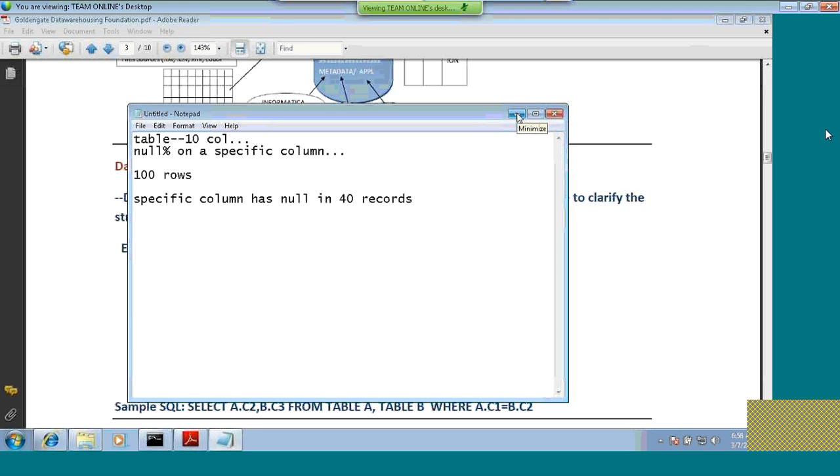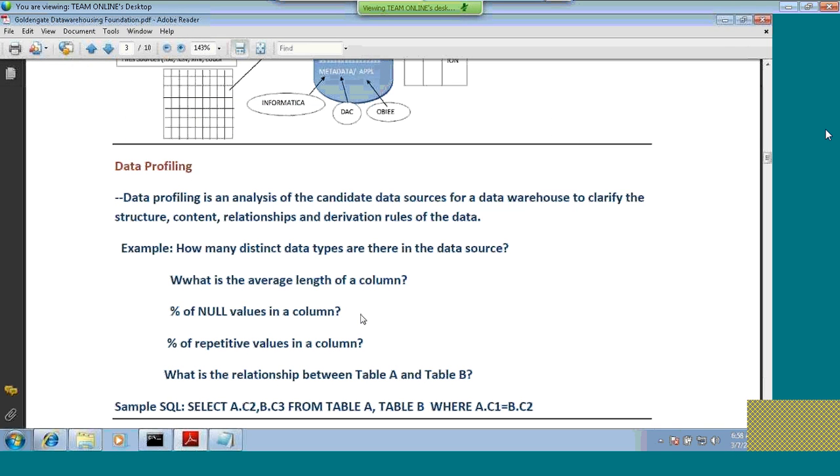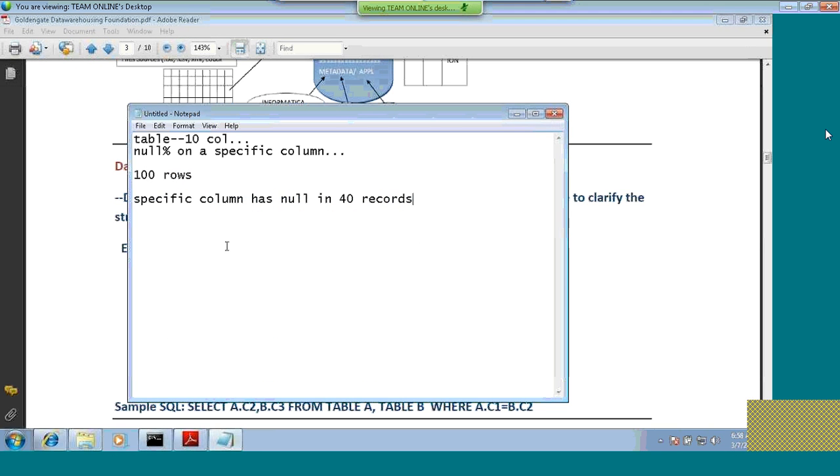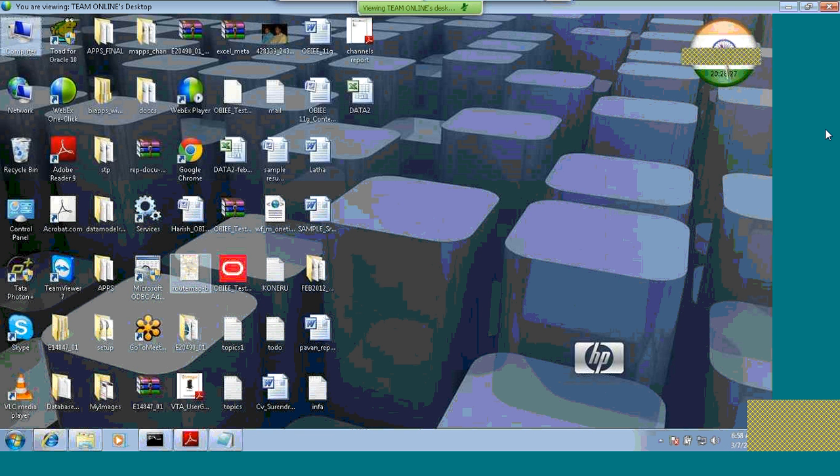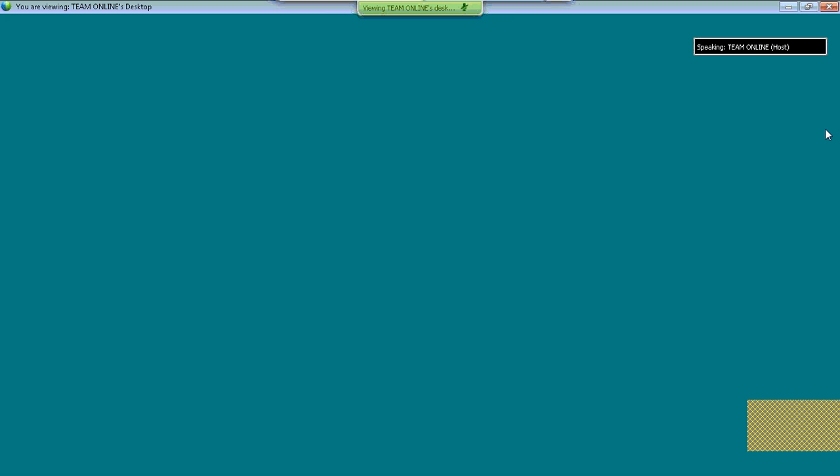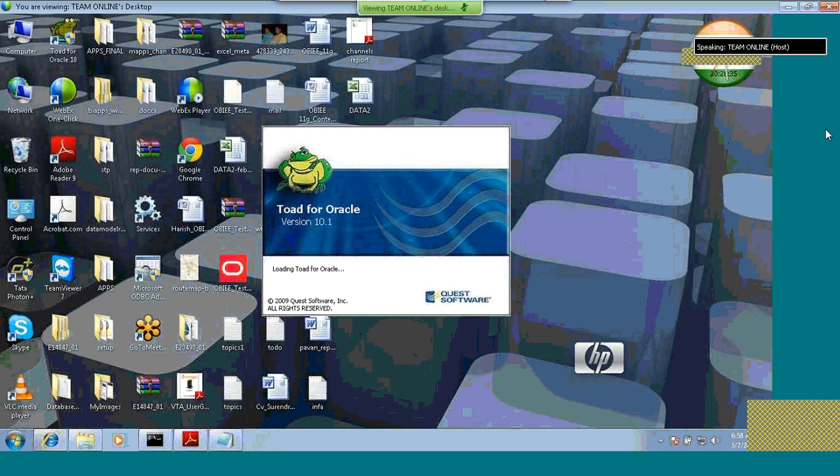For that particular column. So this way I can calculate the percentage of null values or the percentage of repetitive values. Repetitive values meaning, out of 100 records that I have in the table, in that specific column, if the values are repeating. For example, if you have to analyze a table in an OLTP database,